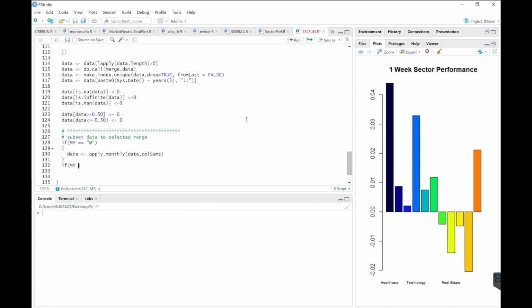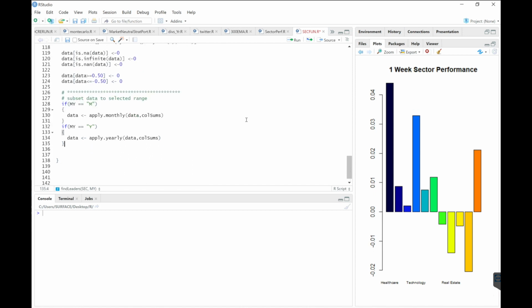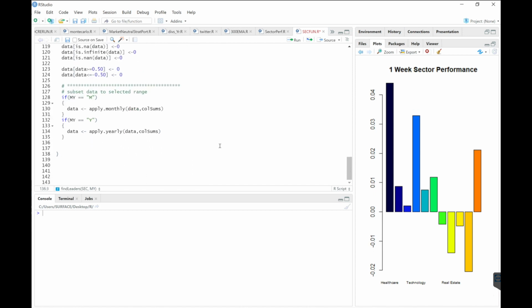And if the user selects a Y for yearly, it'll return the column sums for annual returns. All right, so depending on whether they choose M or Y, I'm going to extract the index,